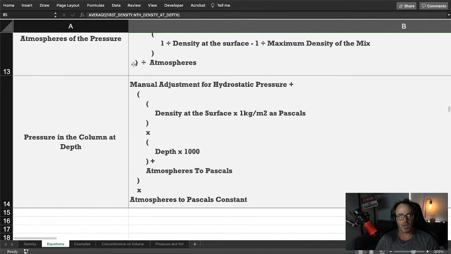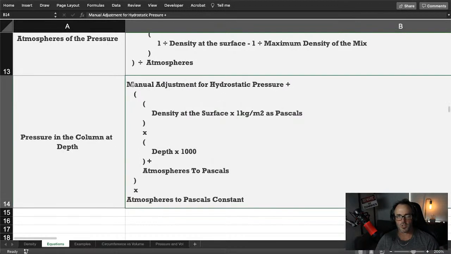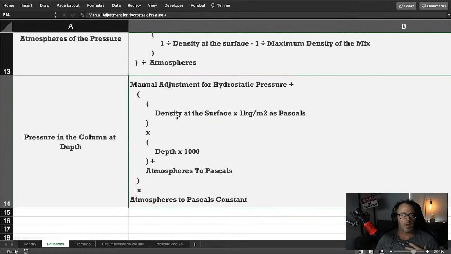Alright. And here we can add the manual adjustment, or we can just ignore that line there. If we're not looking for the manual adjustment, we can just ignore it and get rid of it, and this equation still works. It just won't take into account the hydrostatic pressure that we apply. Okay, and then we have all the rest of this equation. Okay,